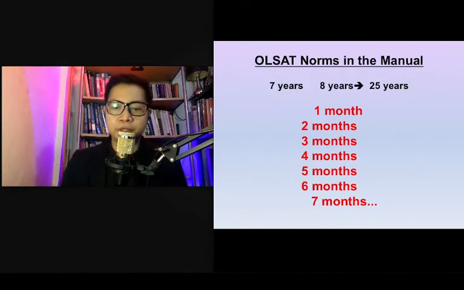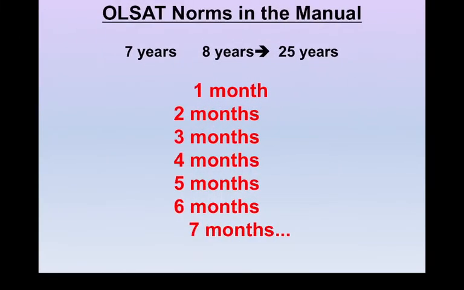Like for example, familiar ako dito kasi ginamit ko to nung naging counselor ako. Alam nyo ba sa ALSAT, meron silang norm, hiwa-hiwalay yung norm nila, depende sa edad in years and month. Impressive. For example, iba yung norm nila for 7 years and 1 month. Iba na naman yung 7 years, 2 months. Iba na naman yung 7 years, 3 months. O, bilangin mo ilang norms meron ang ALSAT.